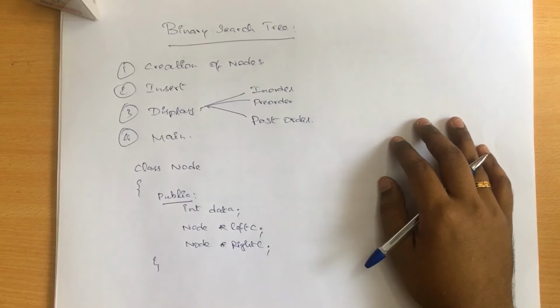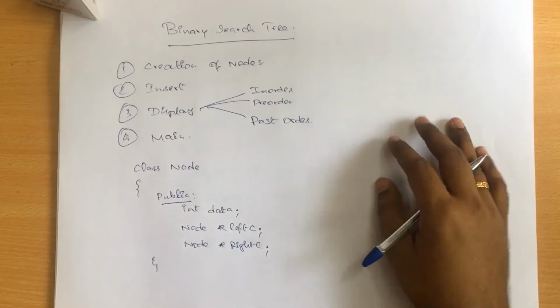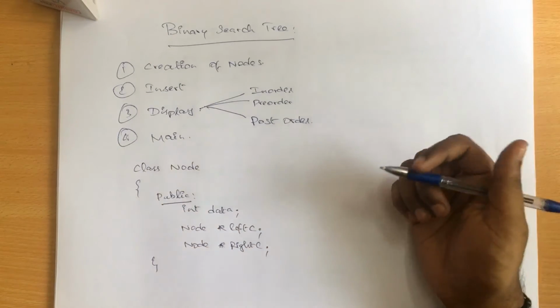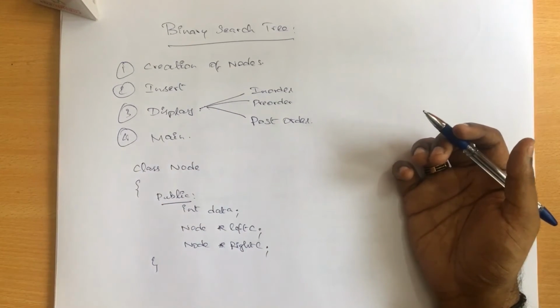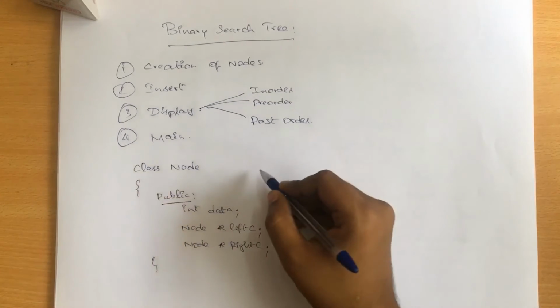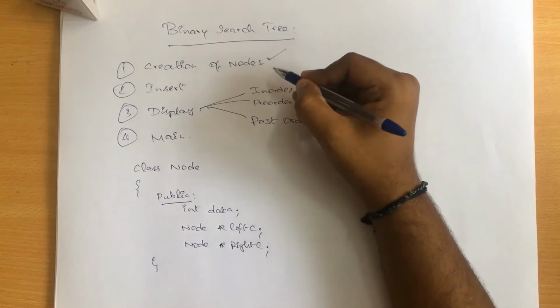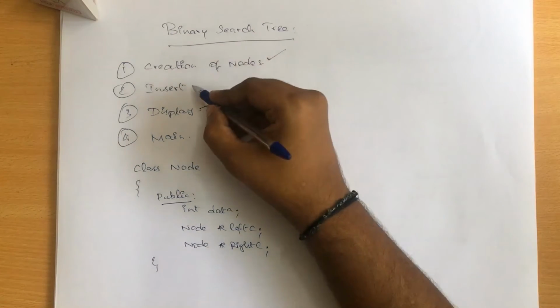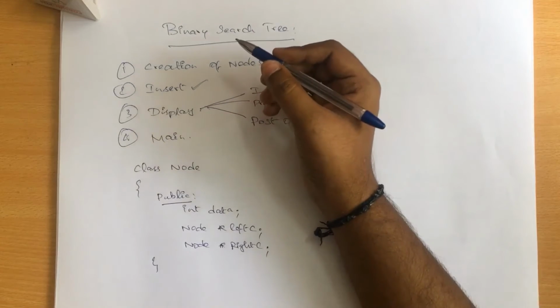And now we are going to follow something called the recursion process. Recursion is nothing but calling the same function by itself. That is what recursion is considered to be. And here for insertion, for deletion, and for everything, we'll be using the recursion process. So now this is all about creation of a node. We have done the first case alone, but insertion itself will be a tedious process.